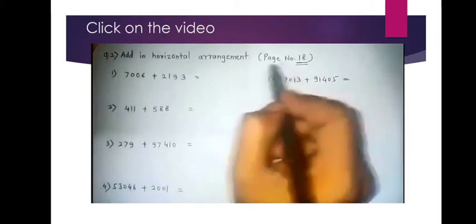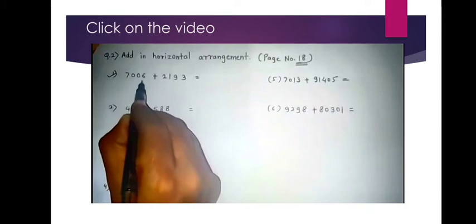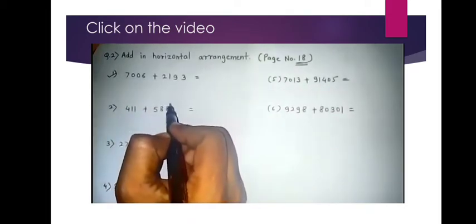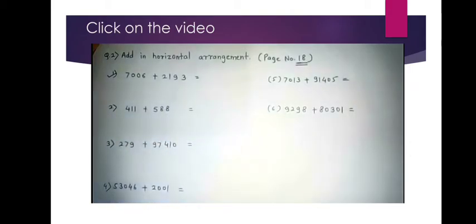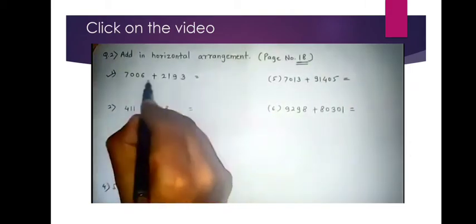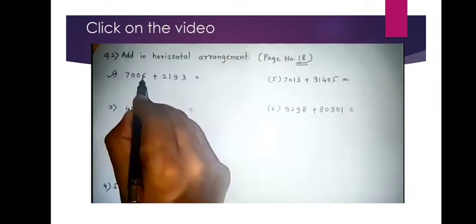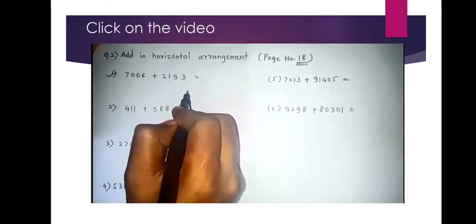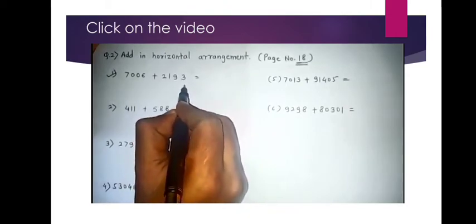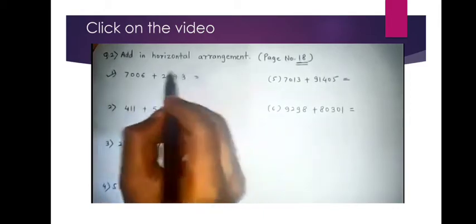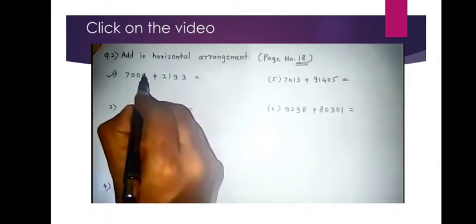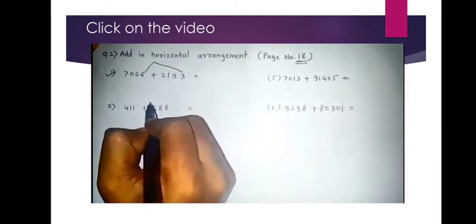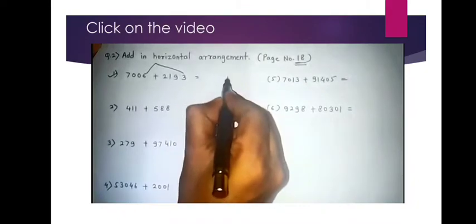Previously we have done the vertical method, which I have already showed you. Now I am going to teach horizontal. See, there are 4-digit numbers. So you don't have to do anything, just add the numbers from unit to unit, tens to tens, hundred to hundred and thousand to thousand. So let us start. See, 6 is at units place and 3 is also at units place. So you will add them. So 6 plus 3 is 9.